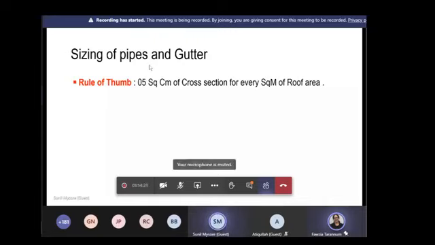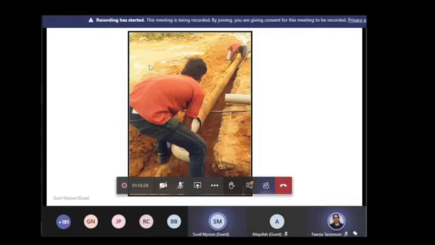Okay, so I will just run through some pictures. You can see here, this is an underground work where we have used an 8-gauge special pipe. Since there is going to be lorry movement on it, you can see there's an MS covering on this pipe. In this case, there's extra pressure, not only the internal pressure from the water in the pipe, but also load on the pipes, so there's extra reinforcement given. You can see there's an MS pipe, and inside it there's a PVC pipe. This kind of detailing one has to work out depending on the site conditions.